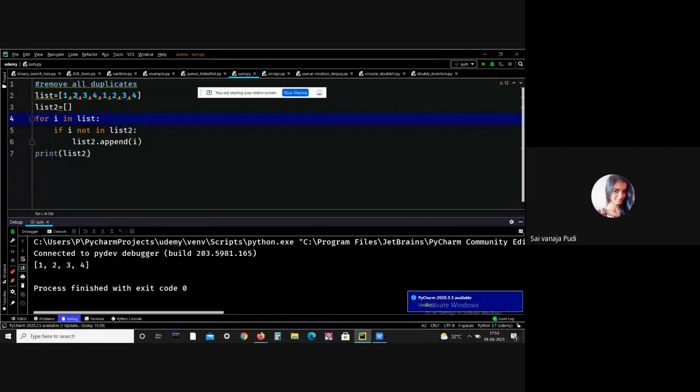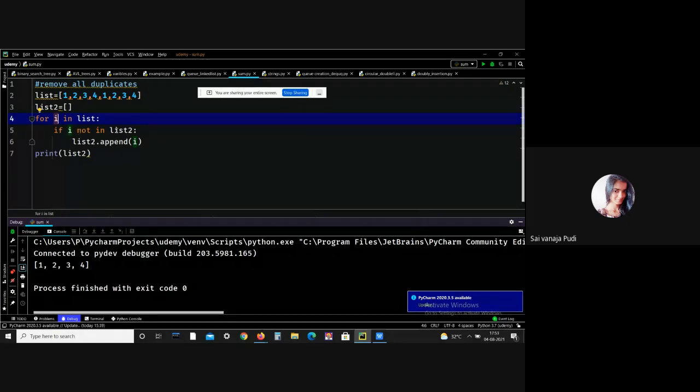And the next element is 2. 2 is not in list2. Here list2 has only 1, so 2 is not in list2, so I am appending that element to list2. Now list2 has elements 1 and 2. And again it goes to the for loop. And here i is 3, 3 is not in list2.